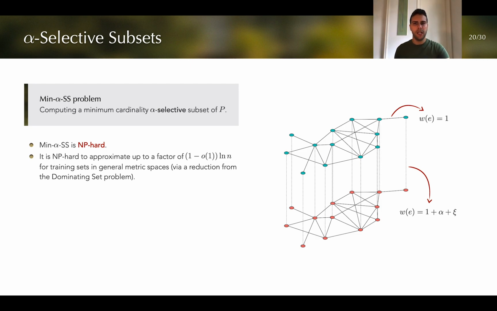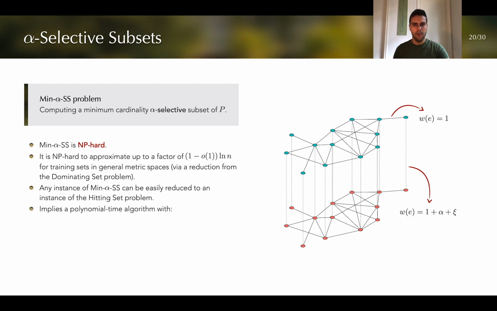Finding a minimum cardinality alpha selective subset on the shortest path metric induced from this graph is the same as solving the dominating set problem. There's also an easy reduction from the alpha selective subset problem to the hitting set problem, and this implies that there is a polynomial time algorithm that has log n approximation factor in general metrics, and we'll call this approach